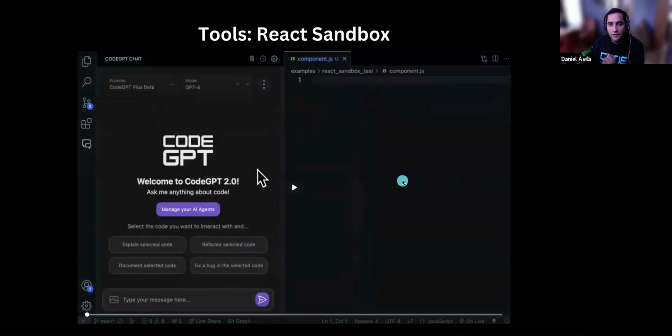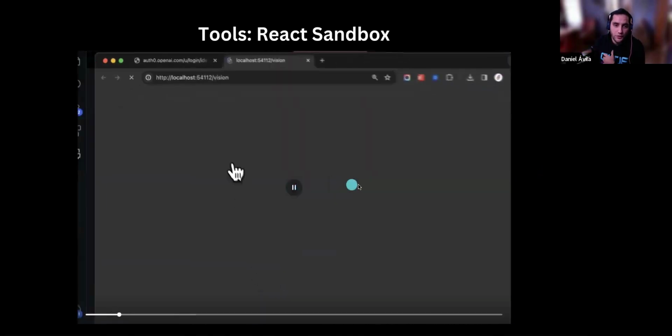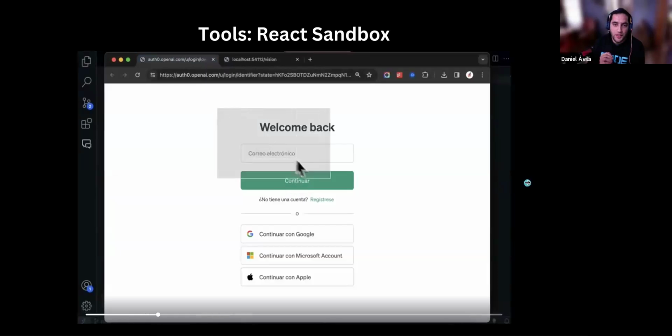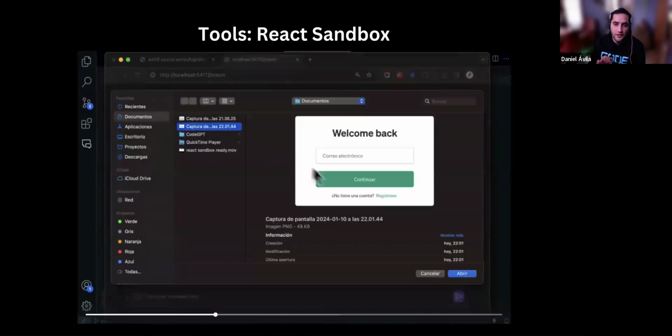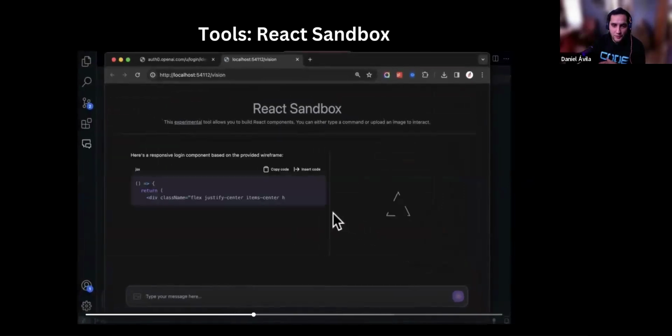This is another one. The name of this tool is React Sandbox. So if you are using React, we could build the full component from the same thing that I showed you. For example, if you use this tool, you could get any component from any web page, and you are going to be able to use that component like a context. But the most amazing thing is that you are able to watch what is happening.